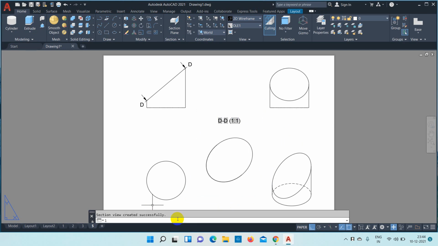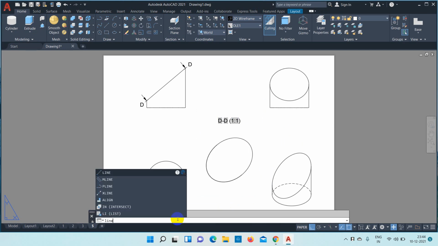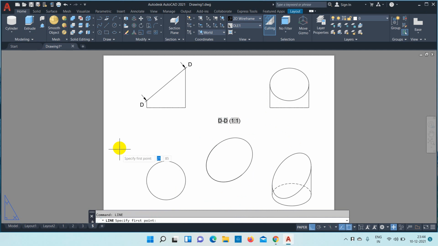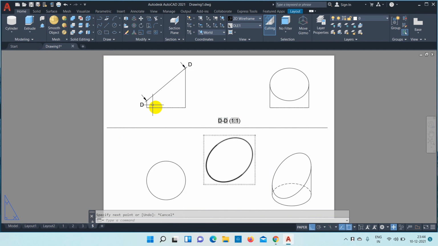Now we'll just construct the reference line. Okay, now in order to hatch this true shape, we have to make it as a closed entity. So for that I'll draw an ellipse, click axis end, randomly click a point.